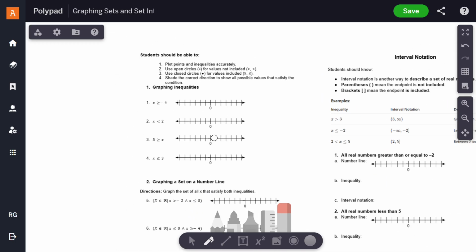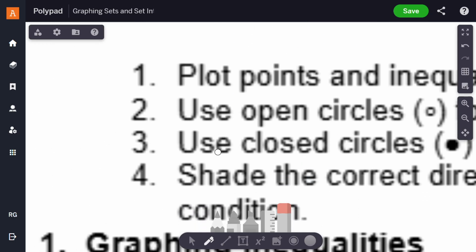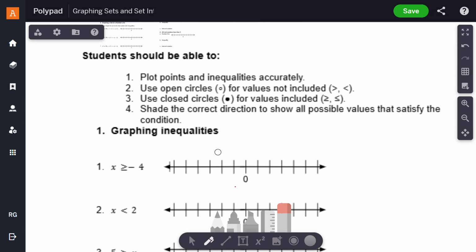So here's what our worksheet would look like. And without further ado, let's jump right into it. All right, so for graphing inequalities,